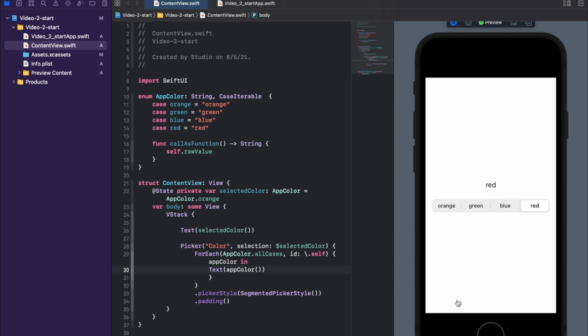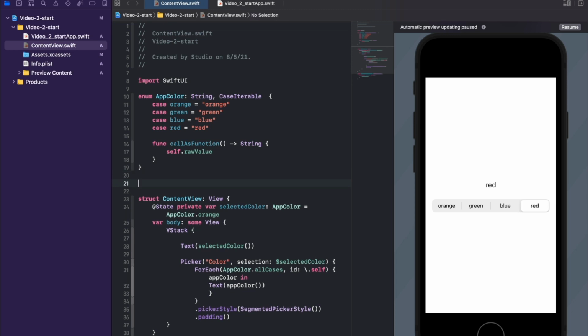You have a few lines of code. You just need to add callAsFunction to any enum or any structure, and you can call its values directly as a function. Since we know how easy it is to define this method callAsFunction and start calling our actual values, the benefit is this: